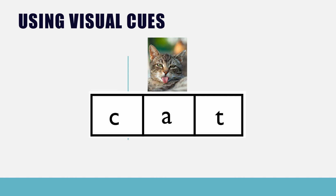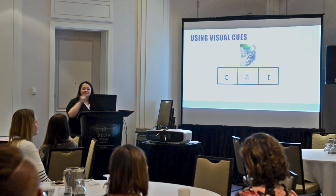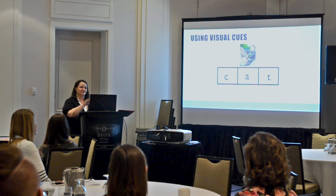So here's an example of using visual cues and text to eventually get them to the place where they can segment this word, blend this word independently. So we would say k, a, t with the letters. So that's something you would do normally with phonics. Just now we would do it first. So when you saw Leo segmenting the words with this stretchy snake, that wasn't what he did first. That's where he got to from doing things like this first, where he understood what was happening with that word when he broke it into the